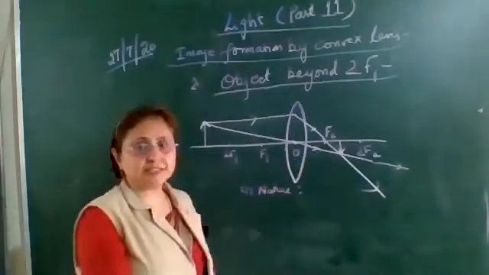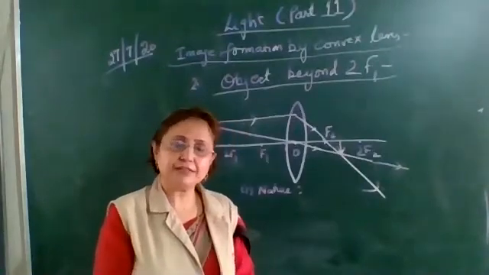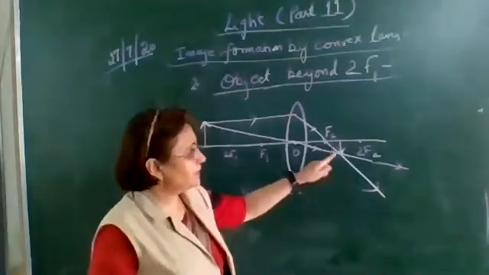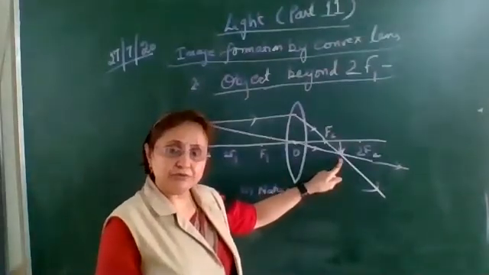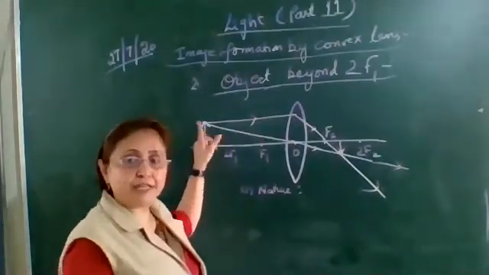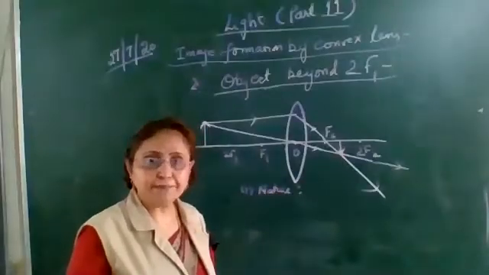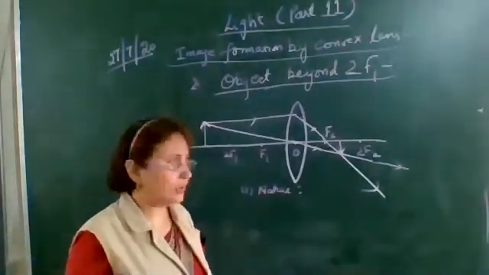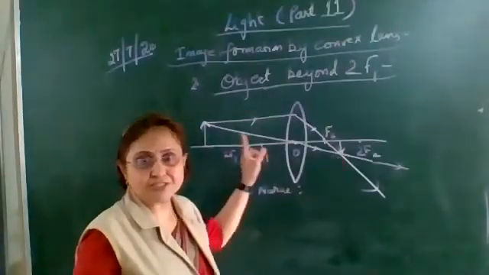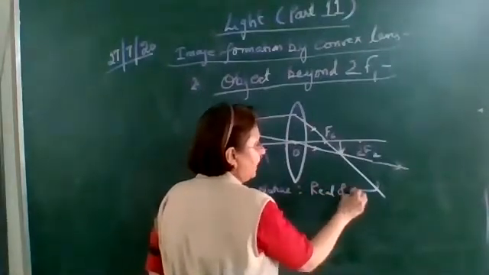Here also we are saying that the refracted rays are actually meeting. So whenever the refracted rays actually meet, the image formed is a real image. And real images are inverted, upside down. Here in the figure you can see that we have placed the object above the principal axis, and the image is formed below the principal axis, which is upside down. So the image formed is an inverted image, as you can see in the figure. So the nature of the image is real and inverted.